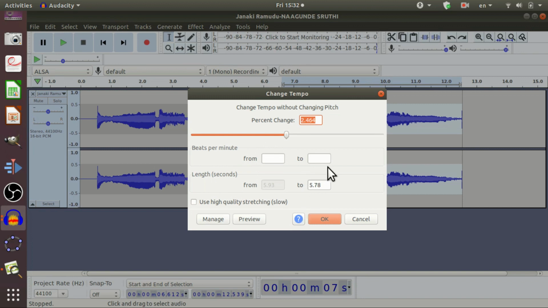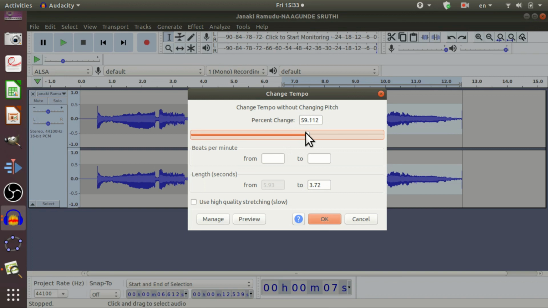So now let us go for percentage change. If the user knows the amount you want to change the tempo of the selection, enter that value in that input box. You can also drag the slider, either to decrease or increase, to select the value.